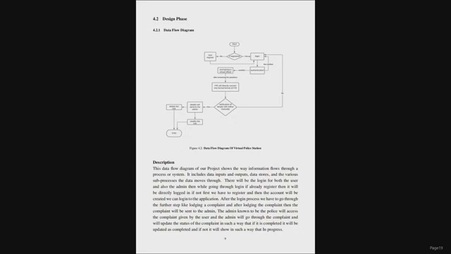After the login process, we go through the further step of lodging a complaint, and after lodging, the complaint will be sent to the admin. The admin, known to be the police, will access the complaint given by the user and go through it, and will update the status of the complaint in such a way that if it is completed, it will be updated as completed, and if not, it will show as in progress.